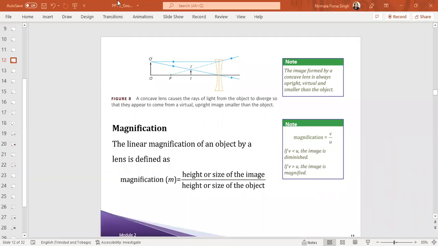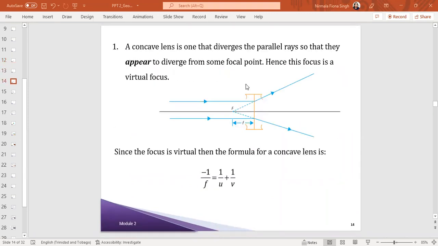Okay, afternoon all. We're just going to skim through very briefly the geometrical optics part of module 2. Now, we would have done this at Form 5 level, but we just read through, go through it. It's really, really simple. I'm just going to go through the parts that apply to CAPE, as in where we start dealing with